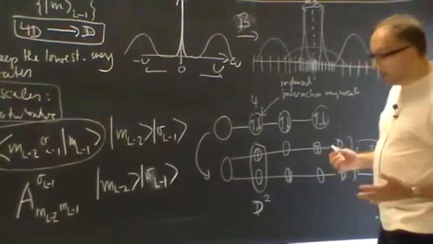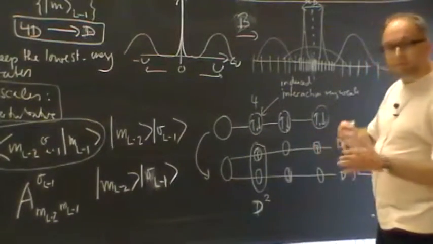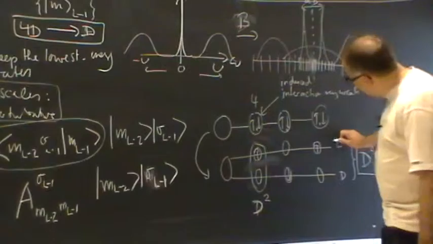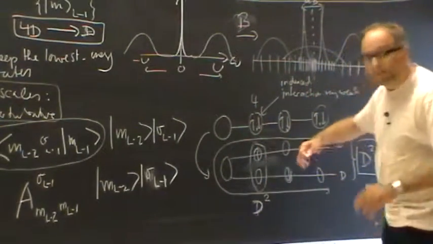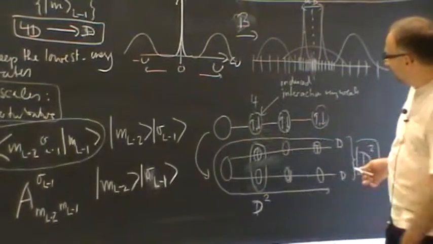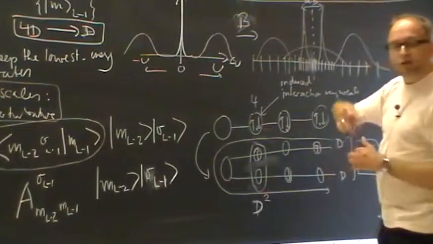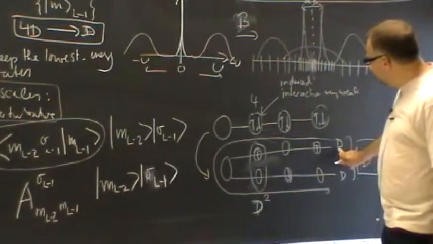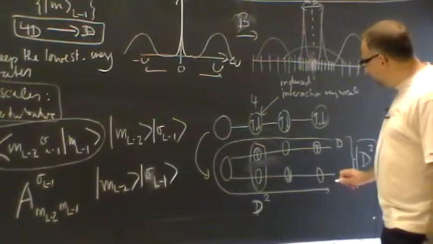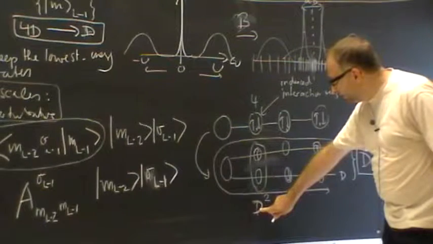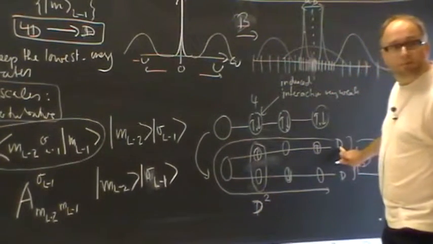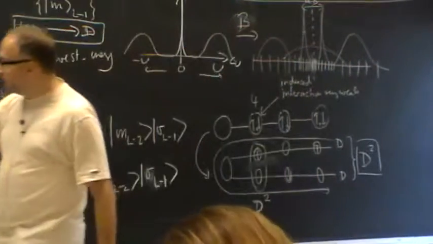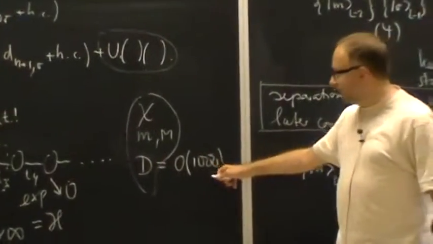Okay, now if you do it with DMRG, you do not worry about the separation of energy scales anymore, and you can simply read the whole thing as a chain which goes like this. The blackboard is not big enough now for me to unfold it really on the blackboard, but what you would get is a chain of double the length, where you would only have 2 degrees of freedom here, and you need roughly d states to describe it. So the numerical effort, where in NRG you needed d squared states, in DMRG you get away with roughly d states. Which means that to have the precision, which in NRG you need 1000 states,